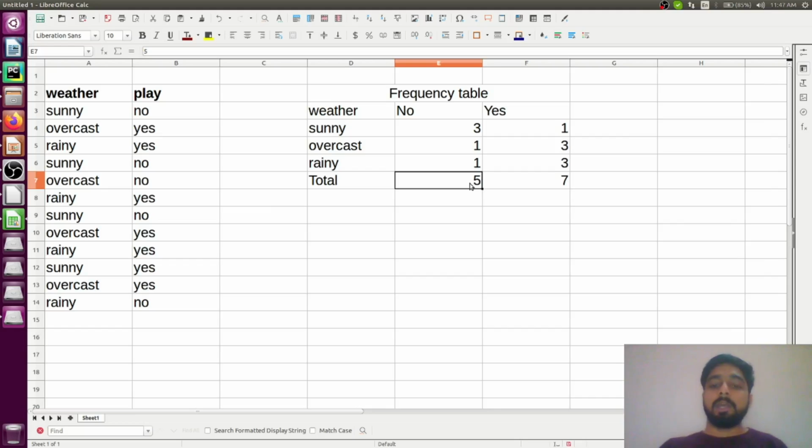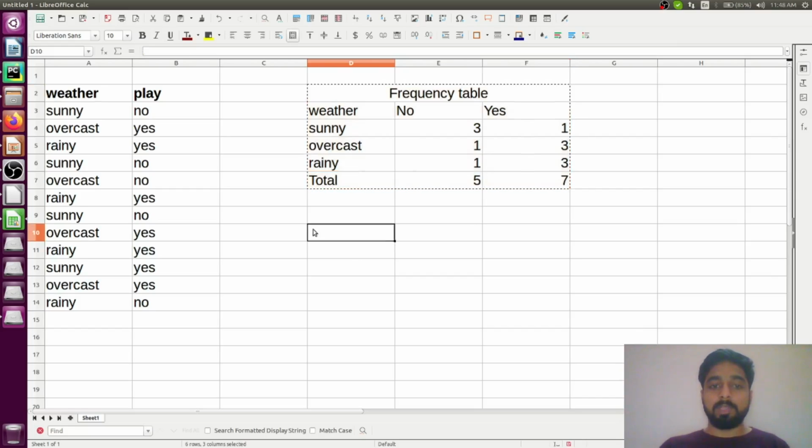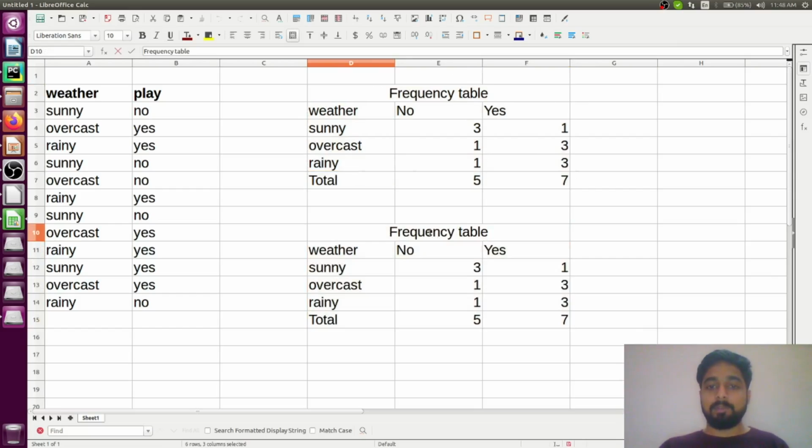Now what next I have to do, if I am going to do it manually, is create a likelihood table for it, in which I will have the probability for all the conditions. Let's say the probability of playing a match on a sunny day, the probability of total yes, probability of total no, probability of overcast, or everything. So I'm going to check all the things, and let me create a likelihood table for that. For creating a likelihood table, you will have the data something similar to this only. The only difference is here I will type likelihood